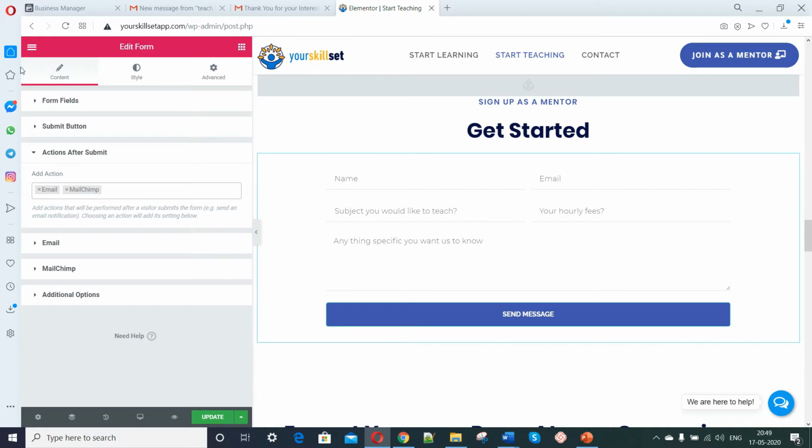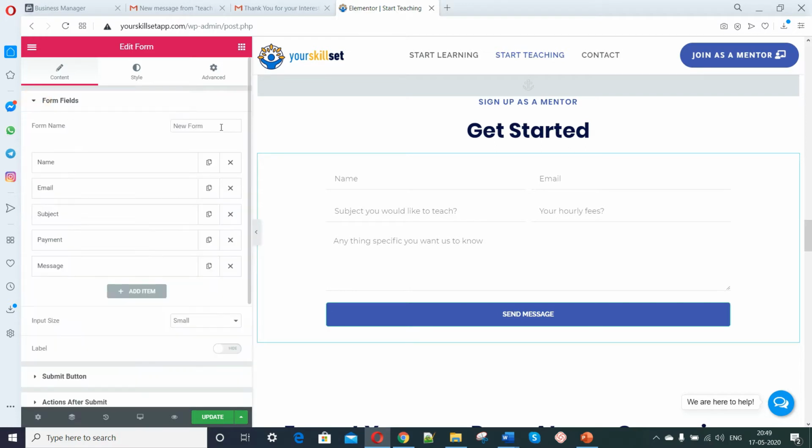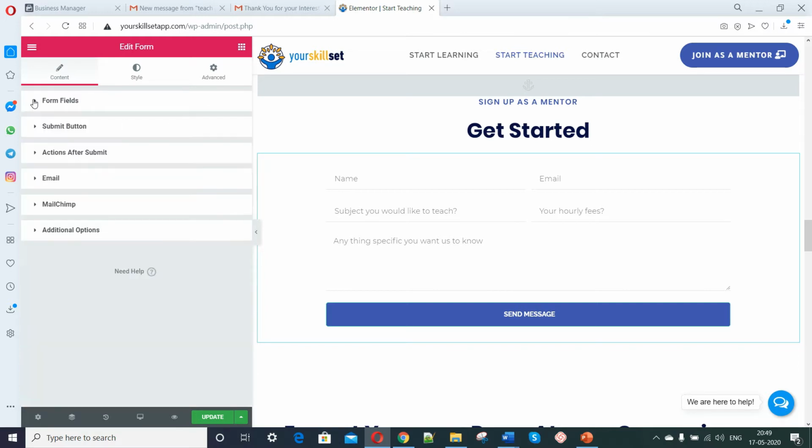Now, one critical aspect over here is that you need to know that this form is for whom. So you need to rename the form. How do you do it? So click on form fields over there and just try to rename the form. Here I can rename the form as teach page in my website,